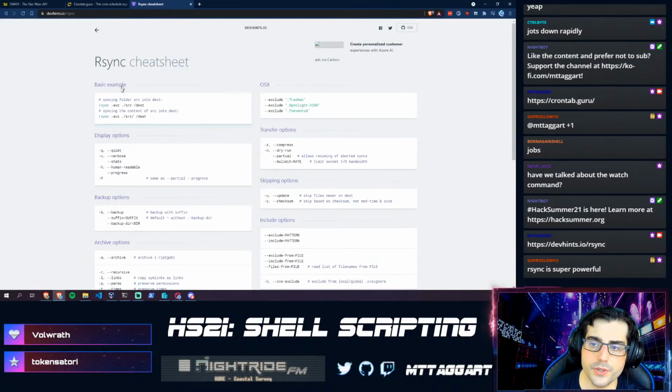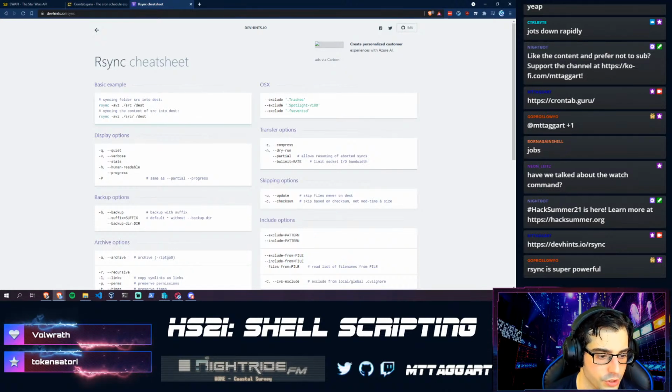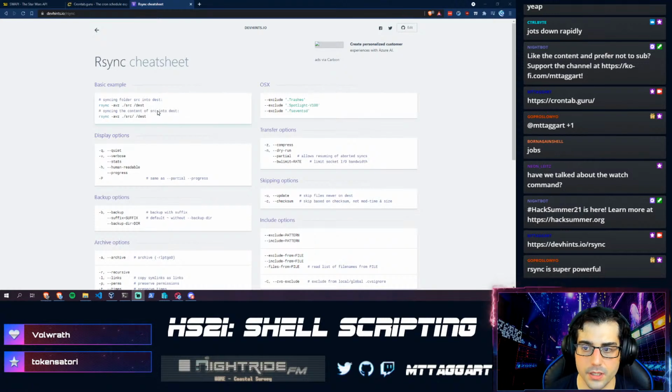So what rsync allows us to do is sync two locations. And what is cool about it is that it's not just an overwrite. It does a differential analysis. And so it can make backups really, really easy to do. As a matter of fact, most of the GUI-built backup solutions for Linux have rsync running in the background. That's really what it is. But rsync exists on macOS too, so be aware of that.